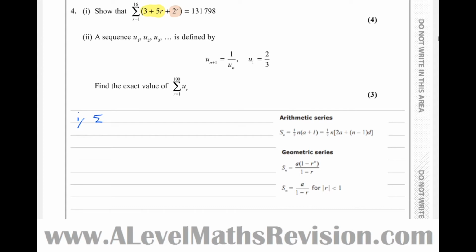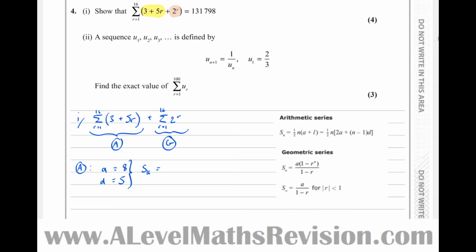We're going to have the sum between r equals 1 and 16 of the arithmetic part, 3 plus 5r, plus the sum between 16 and 1 of 2 to the r. And let's call that part A for arithmetic and part G for geometric. So A, well, for the arithmetic part, when r equals 1, we can see the first term is 3 plus 5 lots of 1, which is 8. And the common difference, well, every time we add one r, we add 5 to the expression,